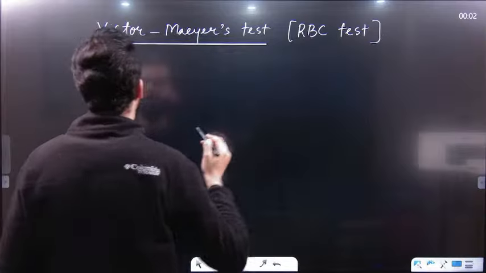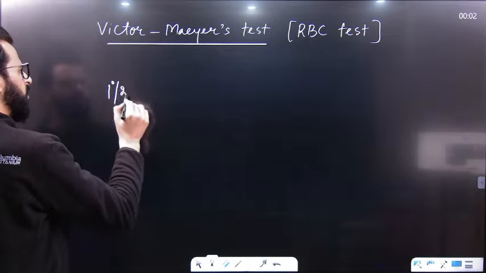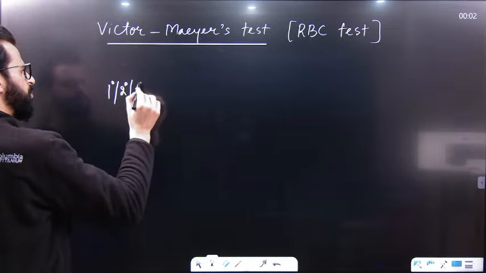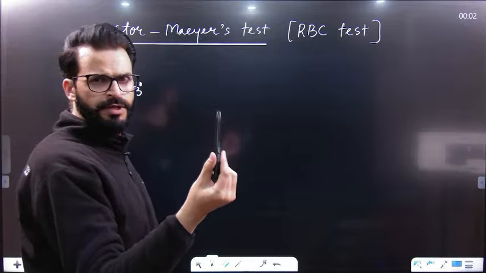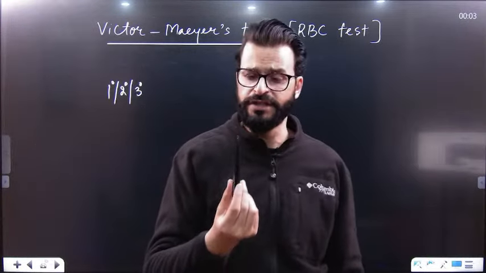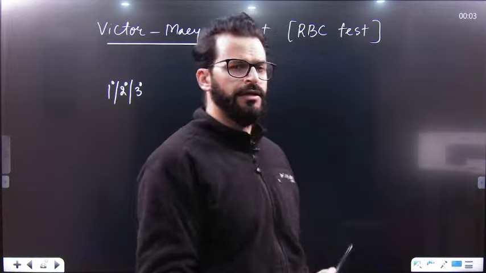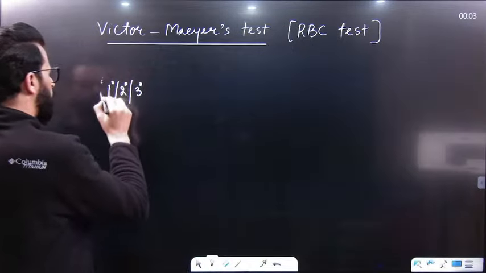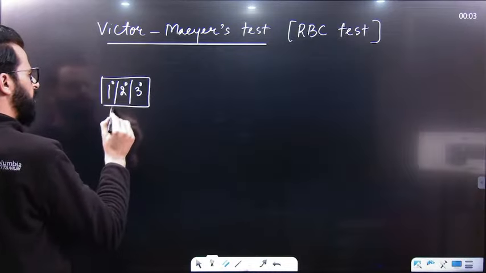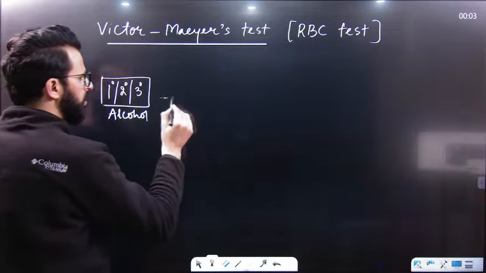What you have to remember is, first of all, if we have an alcohol present in a test tube, and we have a doubt whether it is 1 degree, 2 degree or 3 degree, we want to know which it is. What we have to do is, we will add